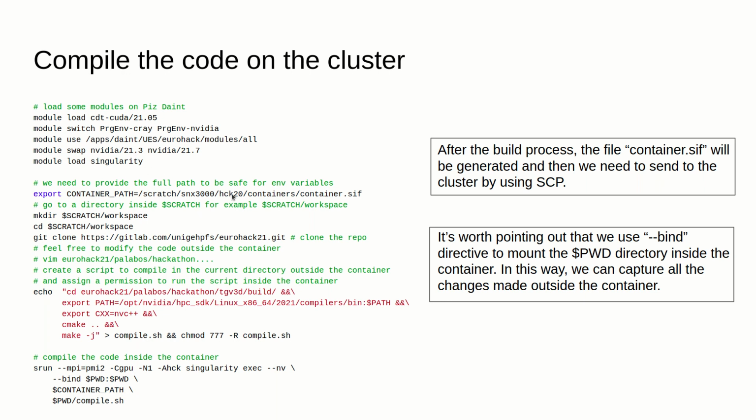After that, we just need to export an env variable to point to the container file here, and we can create a workspace folder. After that, we just need to git clone a repository, something like that. We can modify the code inside this repository, this code,